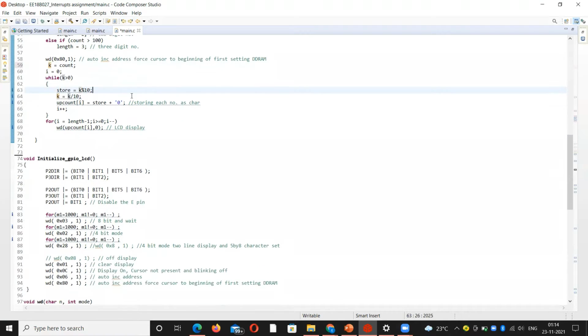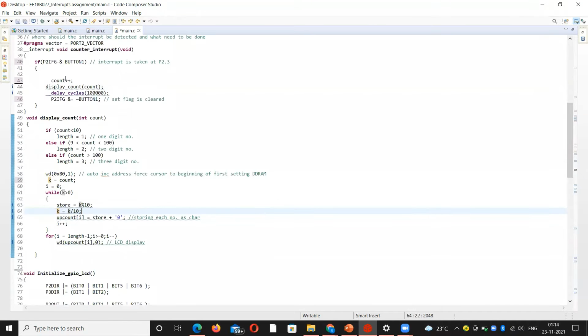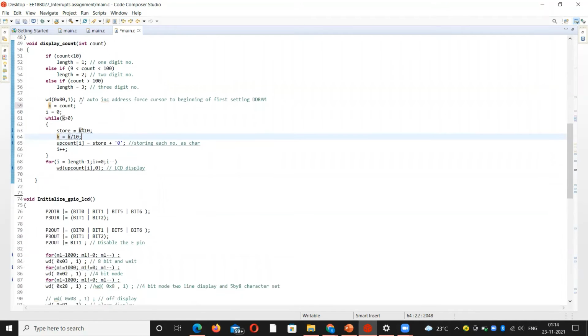What we are doing is taking that count, whatever is coming from this section, and trying to store each individual digit in this upcount char string particularly.